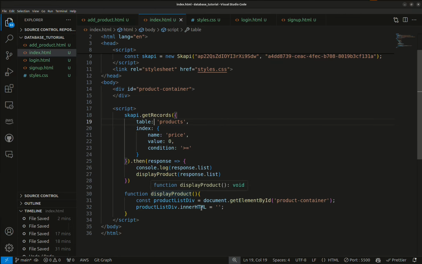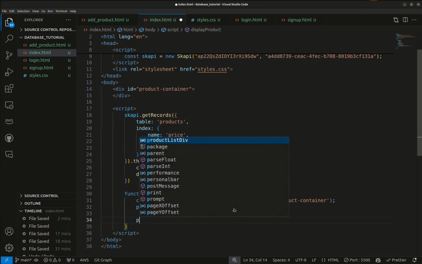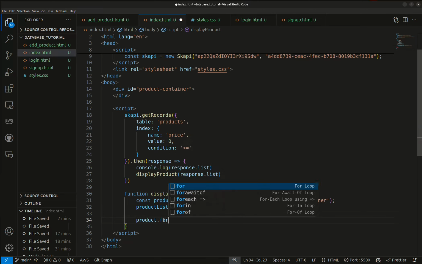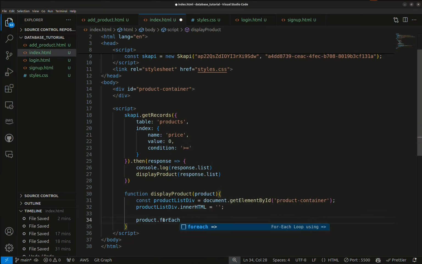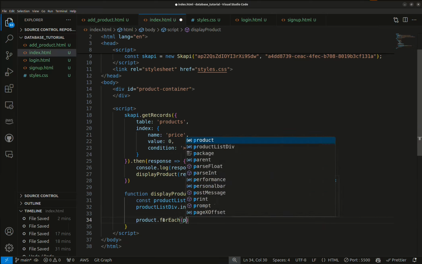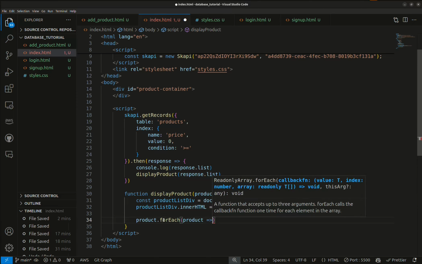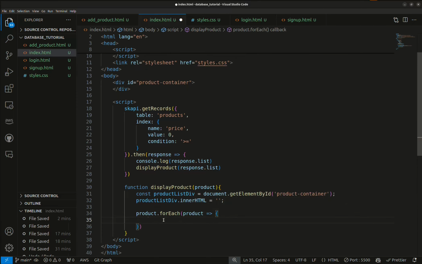So what we are going to do is use product, because we are getting the product here inside the function. This product is going to be our response.list. So we are going to get the list, the product, and for each, we are going to get the product and create an arrow function, and inside that we are going to display. For each element we are going to display it. We are going to first